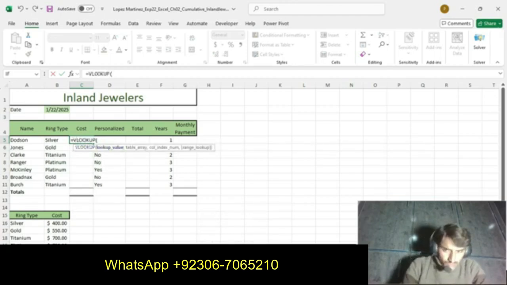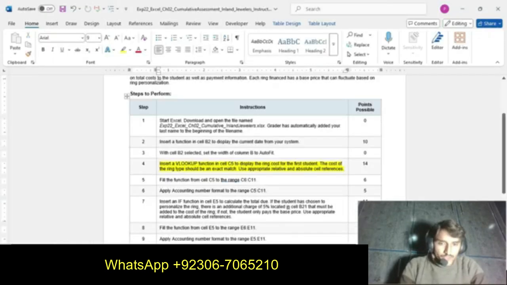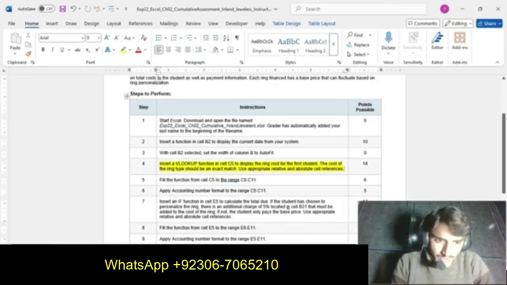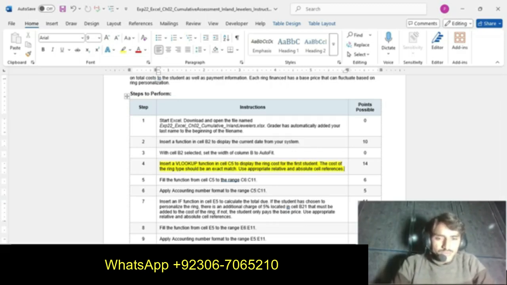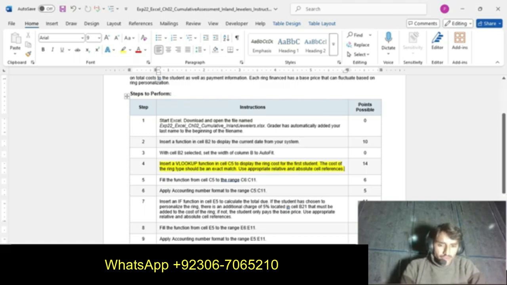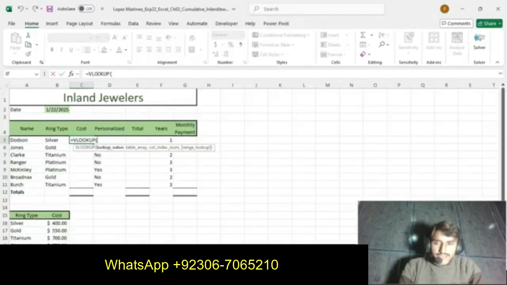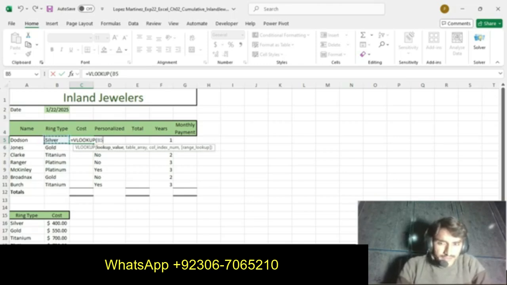Then we build the logic. So we read what it says in step number 4. Display the ring cost for the first student. The cost of the ring type should be an exact match. Use appropriate relative and absolute cell references. Okay, so we get the cost of the first ring type.